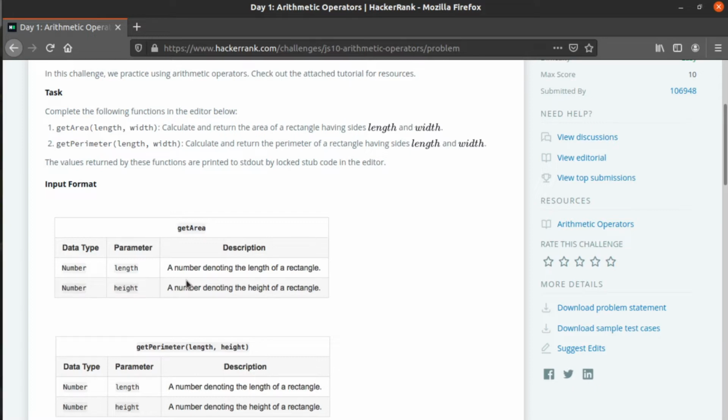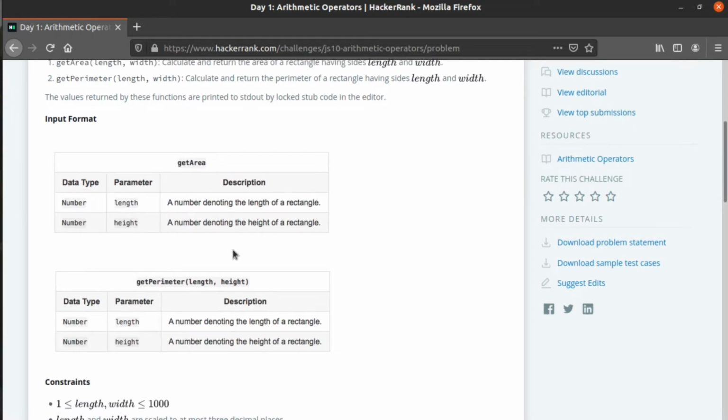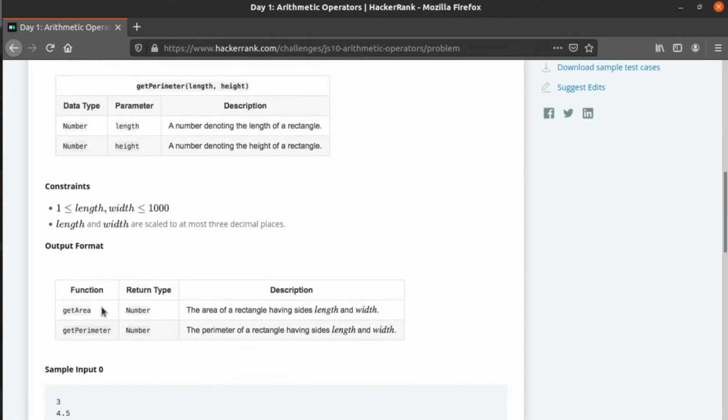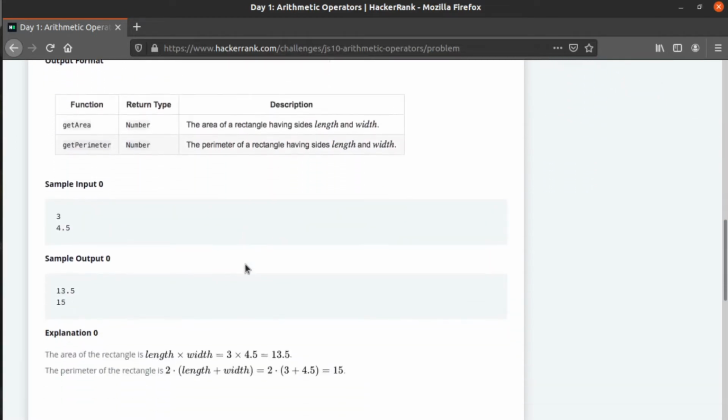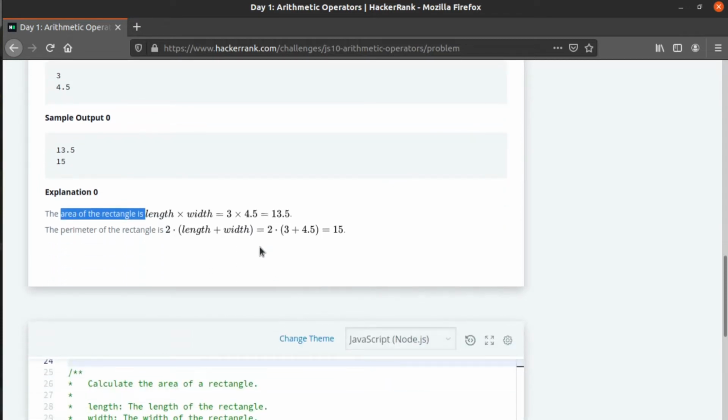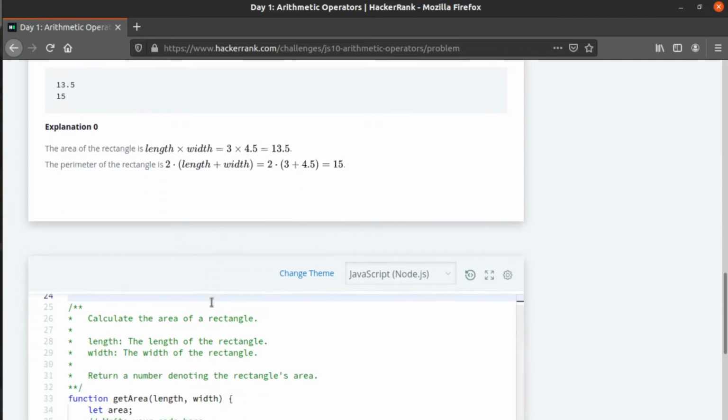You may type boolean, characters, numbers, or null values. Whatever you do, they're all taken in the format of variables only. So that is why we call it dynamic. And in a similar manner, they also define length and height with the data type number. After that, you can see they have also given the formulas here. The area of a rectangle is equal to length into width, and the perimeter of a rectangle is 2 into (length plus width). So these are the two lines of code that you need to insert in our code, okay?